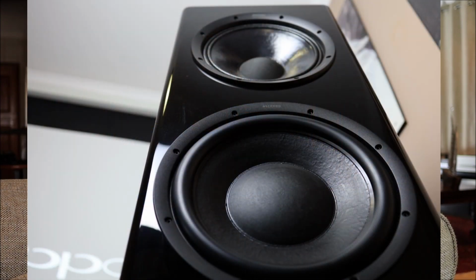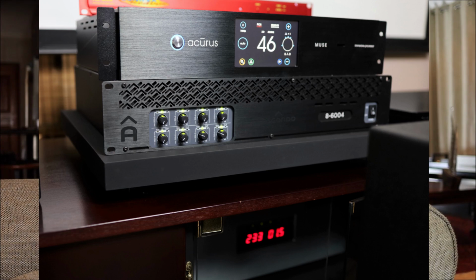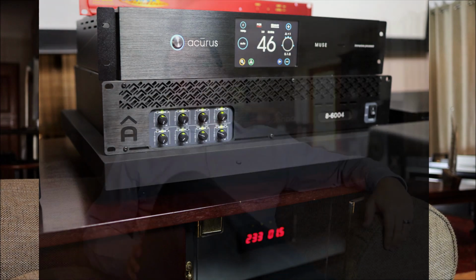The reason why I say .3 is he actually used the two live 15s, and he configured the subwoofers on external amplification, for which he used a new amplifier that I haven't seen from Ascendo yet on their website, but I've seen it at the demo. This unit is actually called the Ascendo 86400. So this unit has got 8 channels of 400 watts RMS,